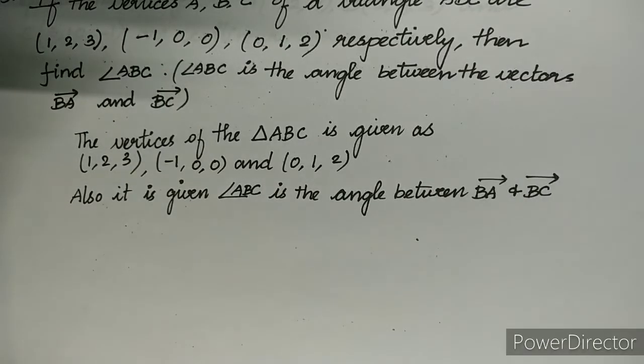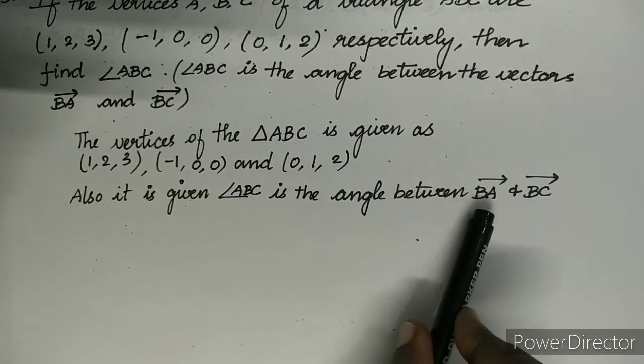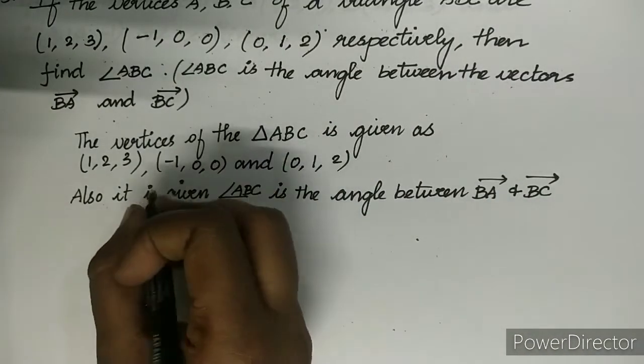So we already know that the angle between two vectors A vector and B vector is nothing but A vector dot B vector is equal to magnitude of A vector into magnitude of B vector into cos theta. Here the angle is angle ABC and the two vectors are BA vector and BC vector. So our formula will be like this: